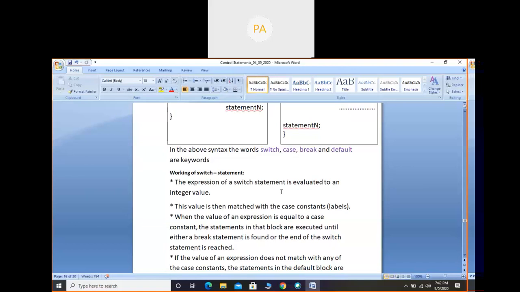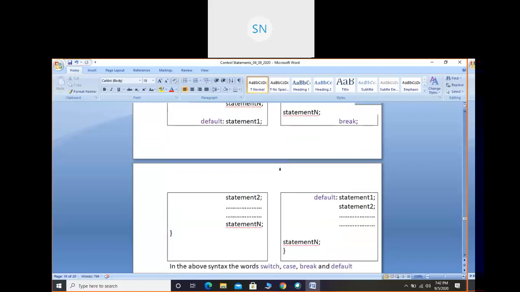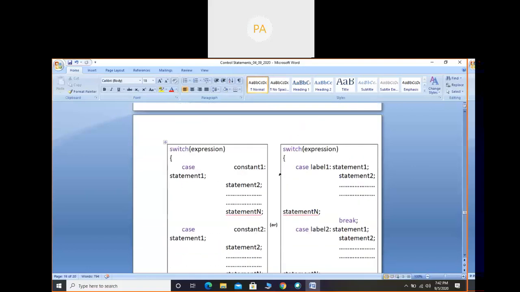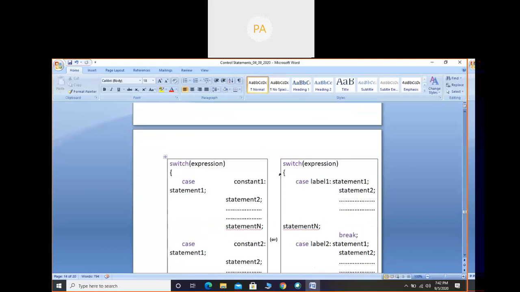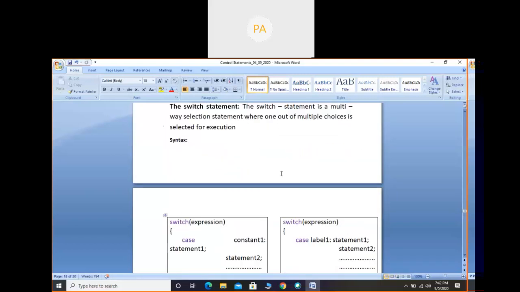Yes, I agree. I have written the examples. So if people copy the syntax, I think from the first you have to copy the definition with syntax.